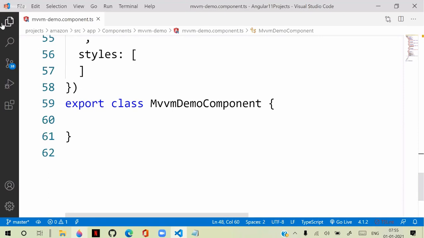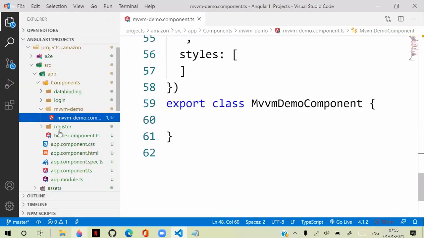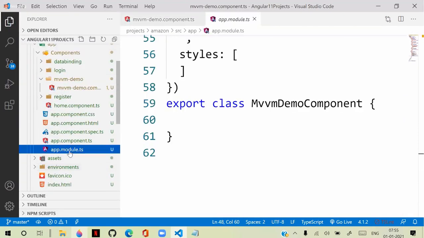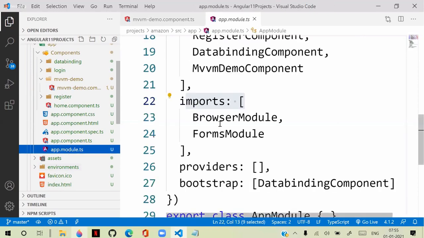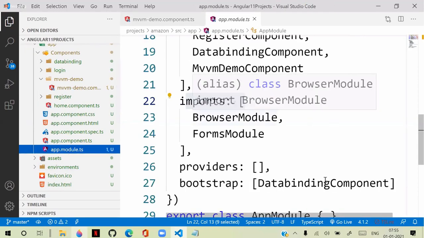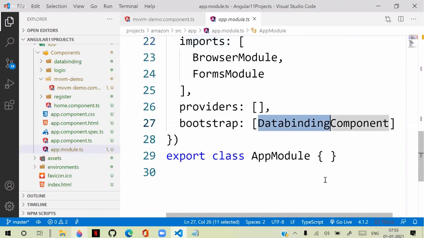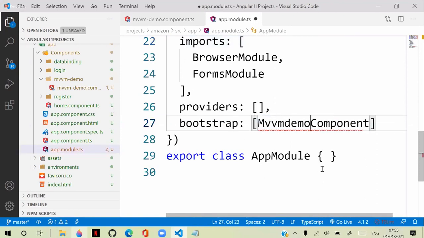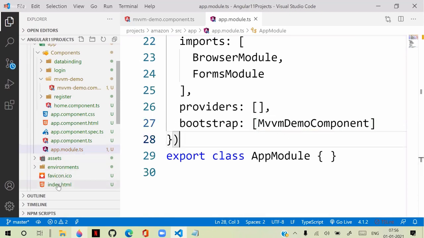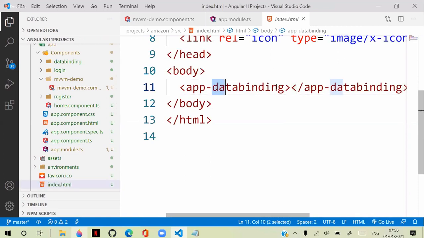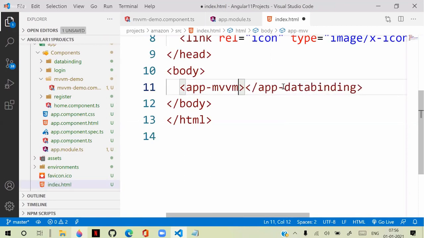So now let's make this the startup. That means I will go to app module, and I will make this MVVM demo component the startup. It is in the startup. Okay. And in the index page, I will keep this MVVM demo.